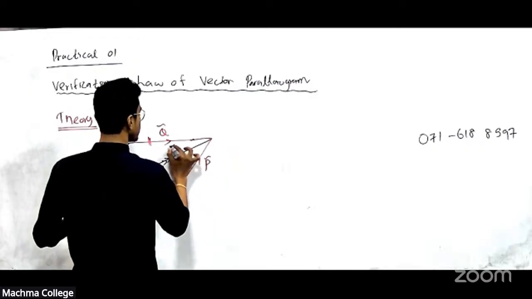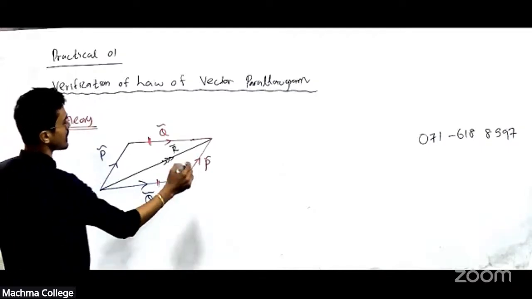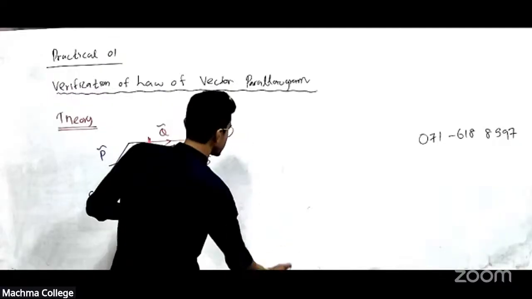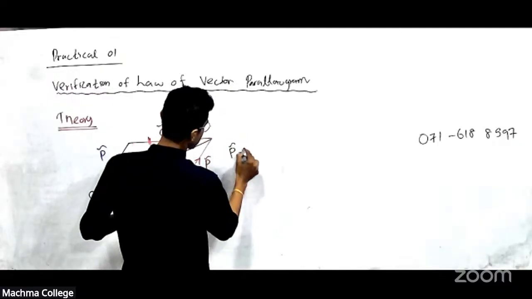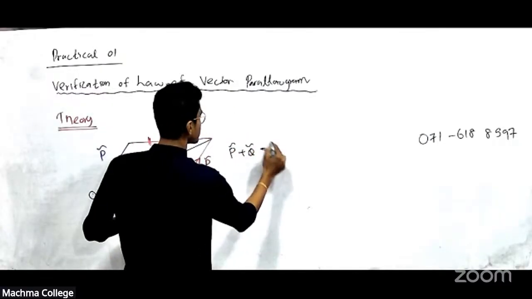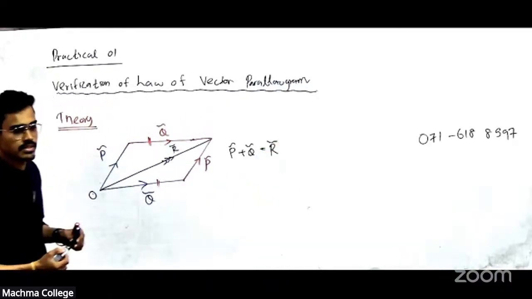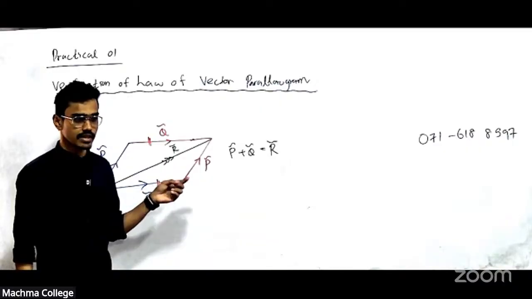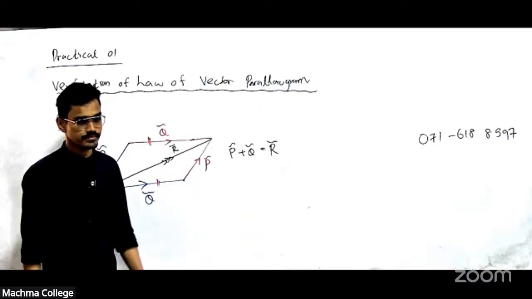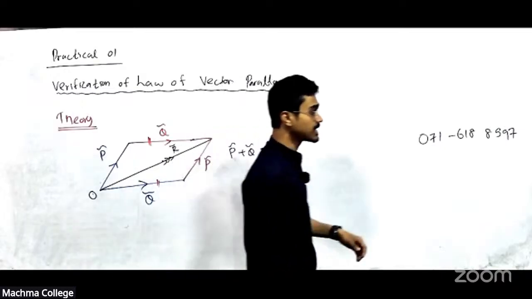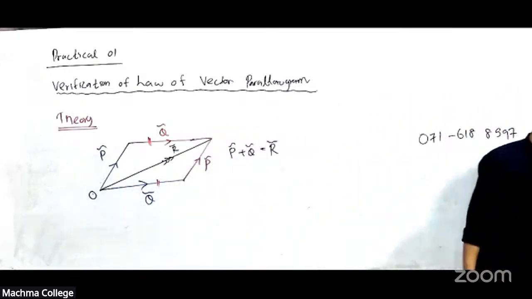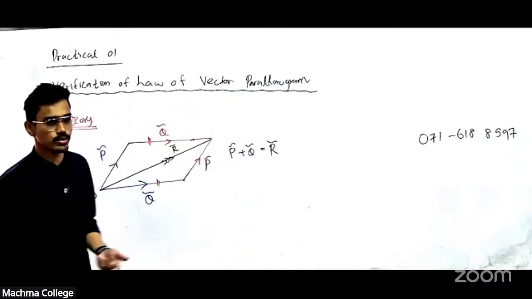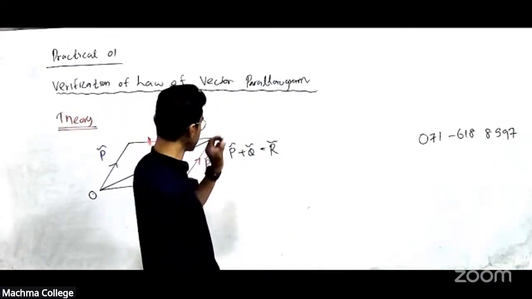Right? So this R is given by, or in other words, this diagonal is the resultant of these vectors. Vector addition is given by the diagonal. This is the theory. And there's another diagonal, and that diagonal gives us the vector subtraction. So that's a specialty in a parallelogram. Using a triangle, we can only get an addition. But using a parallelogram, we can get both. Addition and subtraction using the same parallelogram.